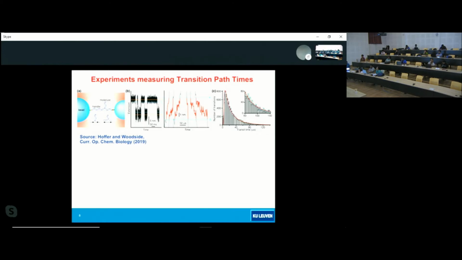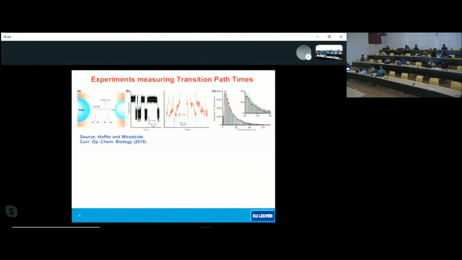And therefore, each of these transition paths, when we zoom in, have a different type of duration. So finally, in C, you see the histogram of the duration of this transition time. You see again, the scale is microsecond in this system, 40, 80, 120 microsecond, you read in this scale. And this is very much what I will discuss: the nature of this distribution in my talk.